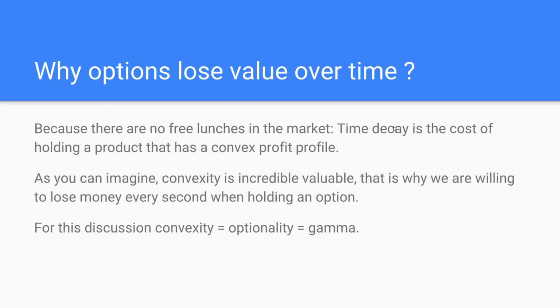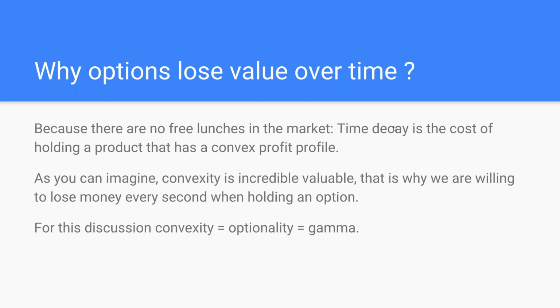So this convexity is a property of options that is very valuable. It's really, really very valuable. And that's why options lose money over time, because option dealers, the people that are selling you options, are giving you this tremendous optionality, and they want to be compensated for it. So you're paying for optionality, for convexity. You're paying in two ways. You're paying for it in the price that you pay for the option, and you're paying for it with the